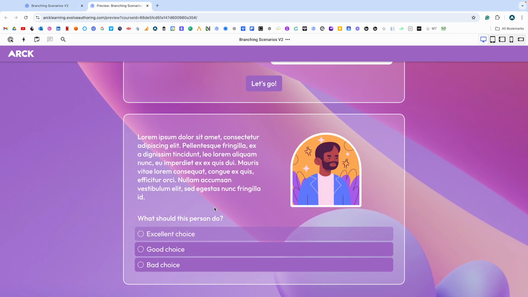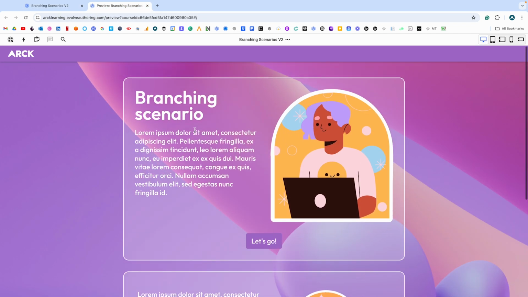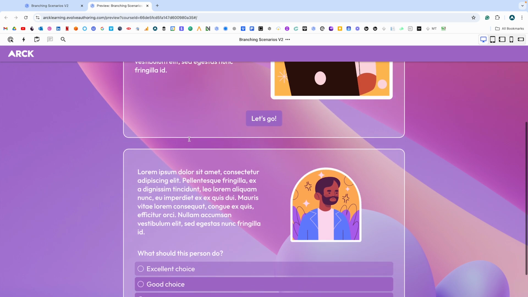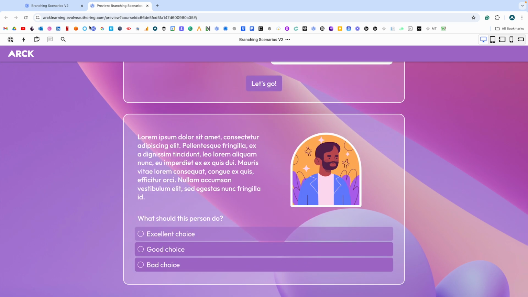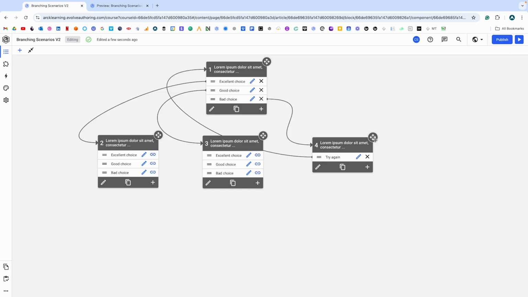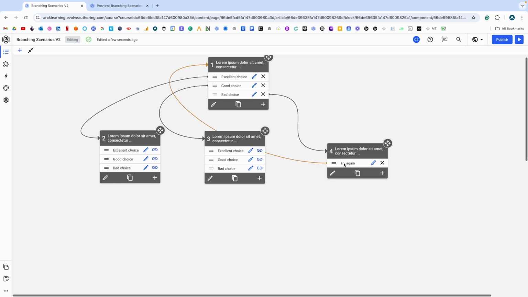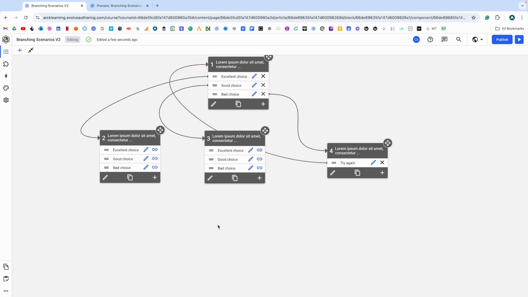And I guess another advantage of having this is that they don't need to read that intro every time they have to go back to the beginning. They would start from the actual story itself, the scenario itself. So you could do that, and obviously because we're keeping this nice and simple, maybe I would add another item